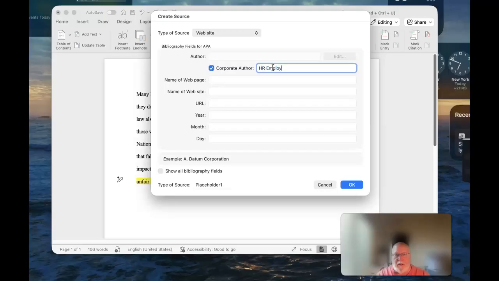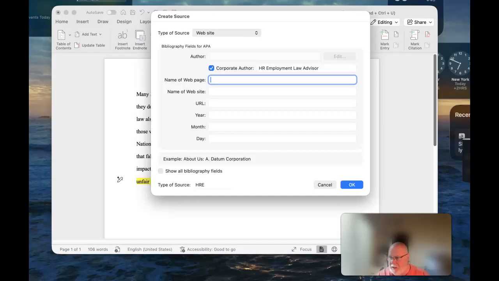And then the name of the web page is hremploymentlawadvisor.com, whatever. But it's HR Employment Law Advisor, again, the corporate author in this particular case, and the web page is the same. And then the website is